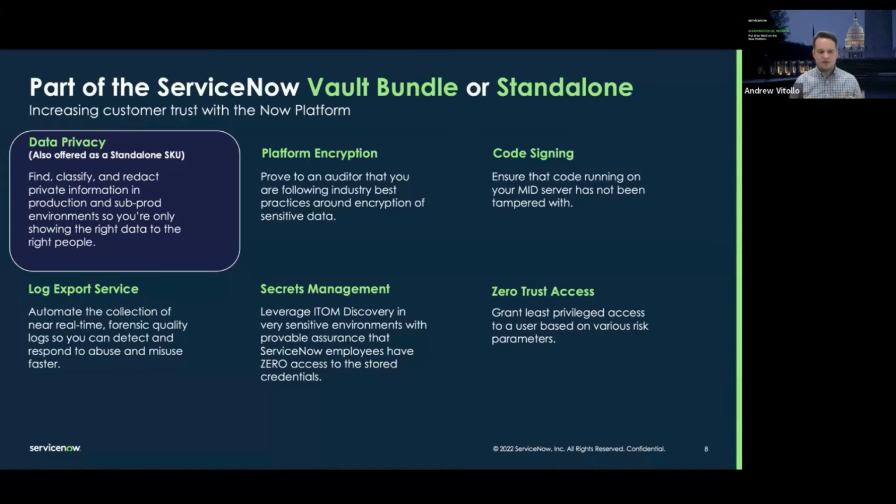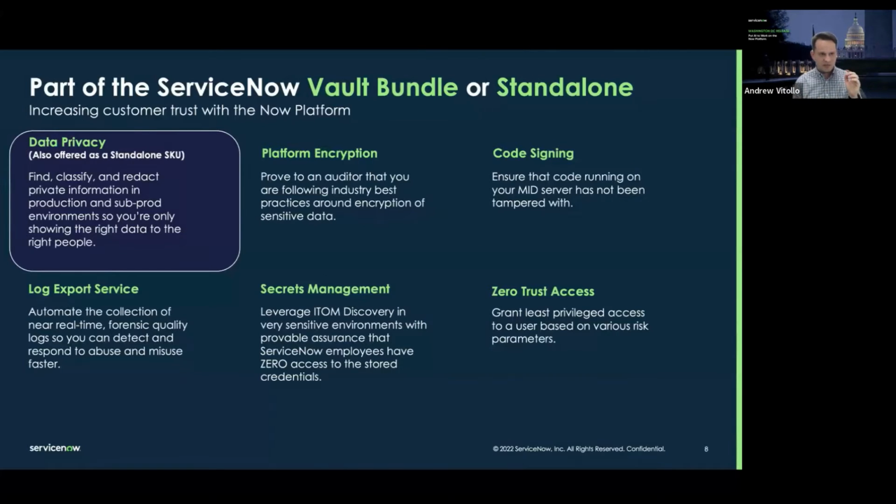So if, for example, a customer is maybe not quite ready for Vault, but wants to take advantage of some of the data privacy capabilities, they can do so. And that just really has to do with the size of the organization. So it's more of where they're at. We're trying to meet them there. That's why we have a standalone SKU. But a comprehensive solution, just really quick.